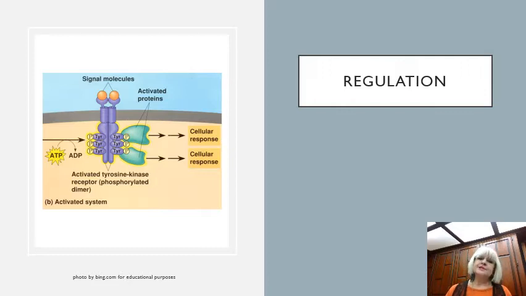Okay, so the receptor tyrosine kinase pathway is carefully regulated by a variety of positive and negative feedback loops. And because the RTKs coordinate a variety of cellular functions such as cell proliferation and differentiation, they must be regulated to prevent severe abnormalities in cellular functioning such as cancer and fibrosis.